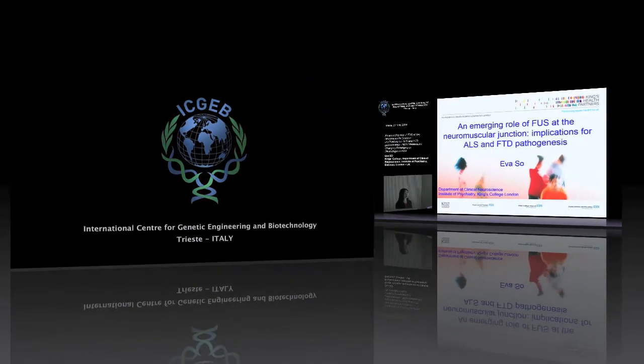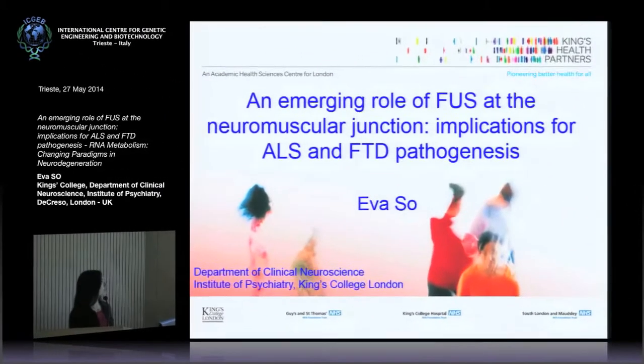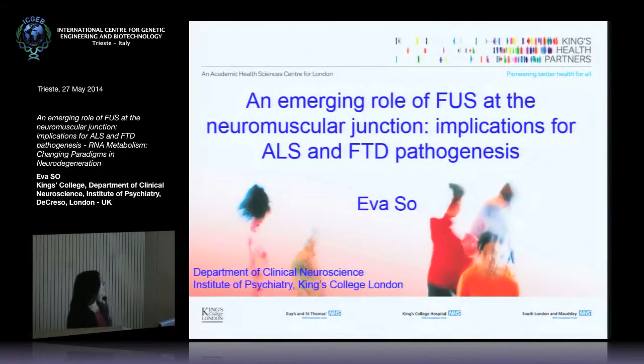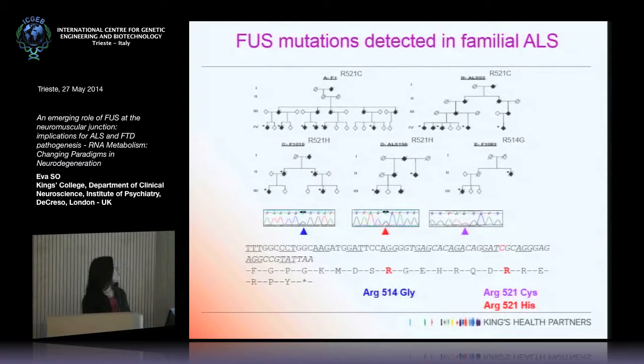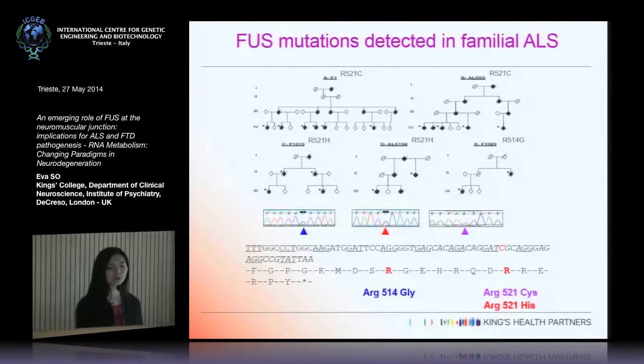And today I'm going to talk about an emerging role of FUS at the neuromuscular junction and its implications for ALS and FTD pathogenesis. So back in 2003, we identified a large multi-generational British family with ALS, and we linked this kindred to the region on chromosome 16q, and this region is also shared by other families, which confirms this linkage. So we started some sequencing of some candidate genes, and in 2009, Caroline Vance in our group